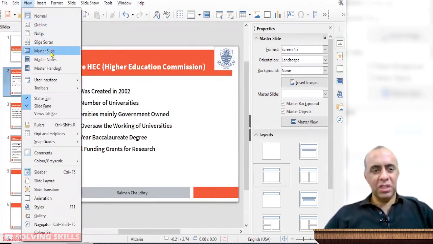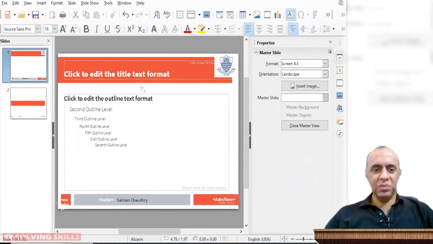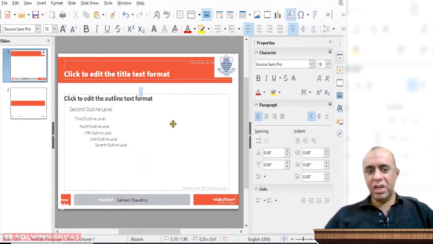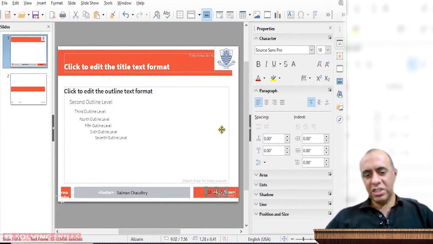Then I'm going to go to the master slide view again, and I'm going to create yet another text box, and this time I'm just going to click in this area, and I'm not going to click and drag to change the width of this text box. And now I'm going to type my roll number. For example, my roll number was 12-123456, and I'm going to click the border of this text box, and I'm going to drag it down inside this red area on the right side, and I'm going to place it approximately in the middle, and I can change its location using the arrow keys on the keyboard.